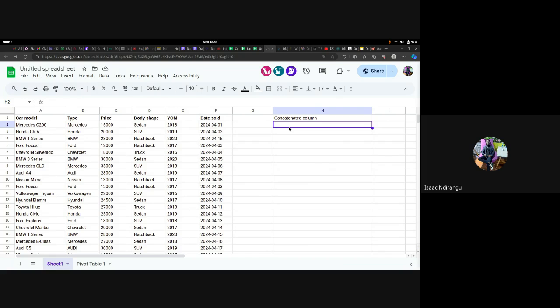In this new column, I want to combine the values of each row from columns A to F into a single string separated by hyphens, so that now I can count the